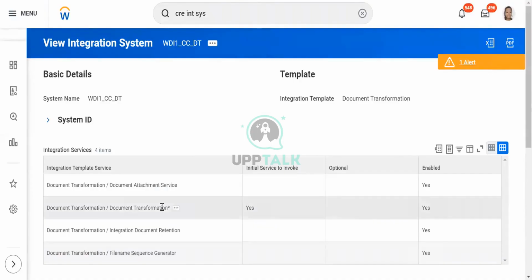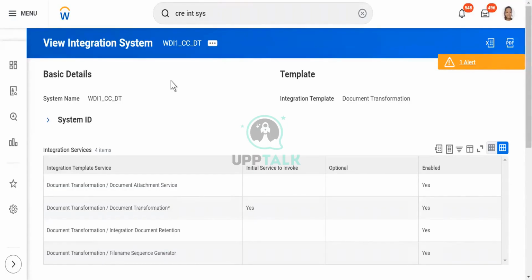My document transformation is ready because I have added the code and the main core connector runs. It gives the output file. Once that output file is ready, that output file will become the input for this document transformation. Now, what is going to happen once it runs? Both the integrations have to be combined. If you don't combine it,